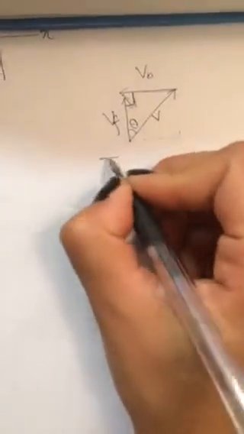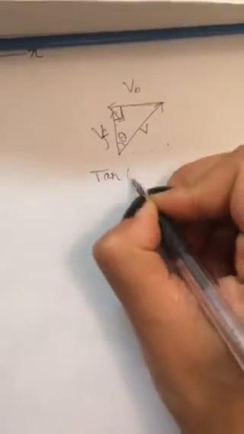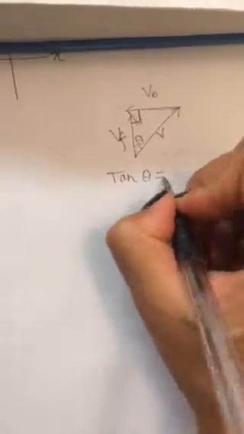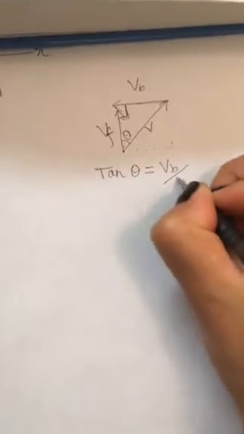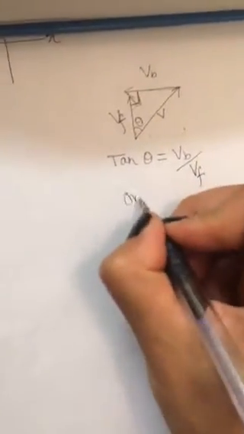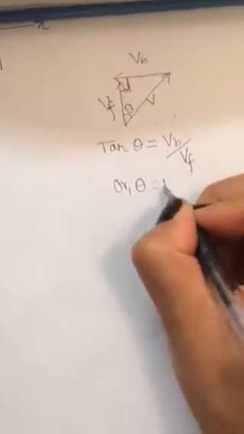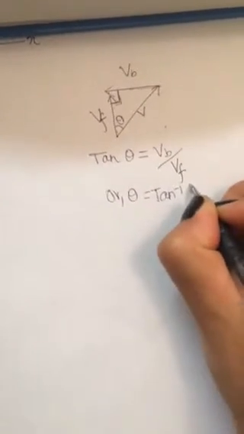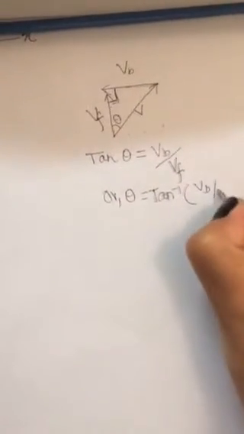We would basically use the tangent: tan theta equals VB over VF, or theta equals inverse tangent of VB over VF,